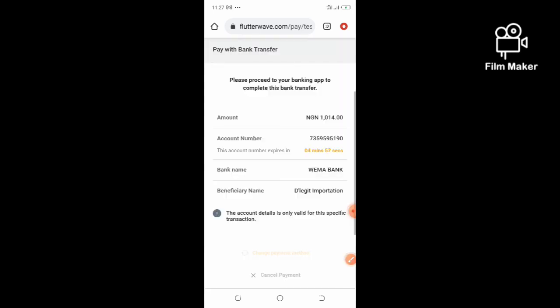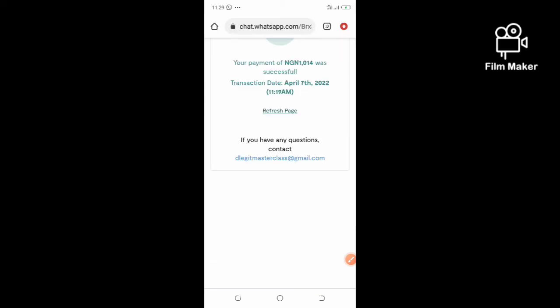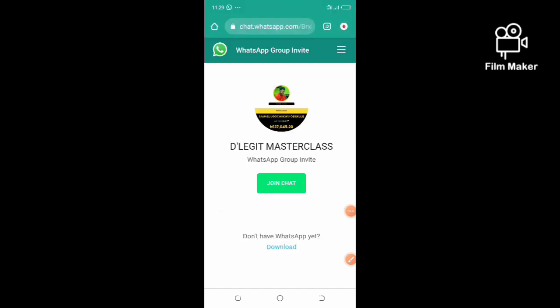and you wait for it to load. So after loading, it will try to confirm your transfer. After it has confirmed, it now generates a receipt for you. Flutterwave will now generate a receipt for this transaction to show that the transaction is successful. So let's wait for it. Now it has directed me to where I will join the masterclass. Once the thing is finished counting, it now directs me